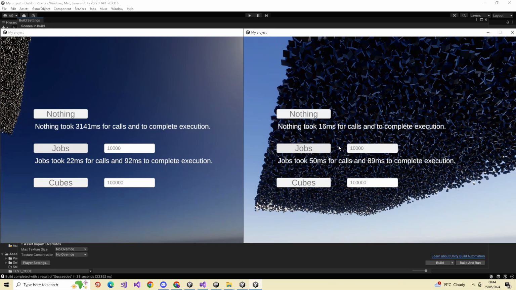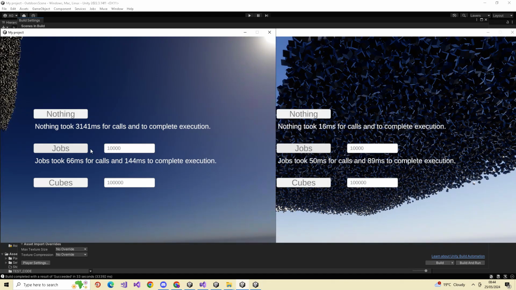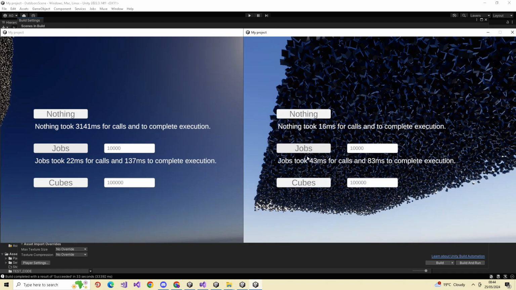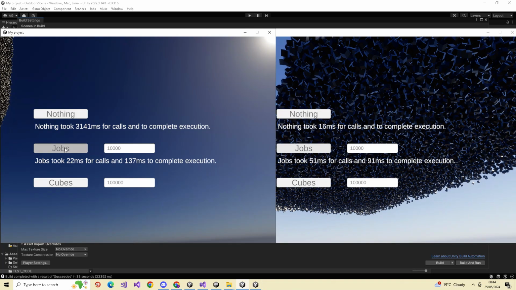IL2CPP calling burst. That would actually, look, do you know what is definitely different? Jobs took 50 milliseconds. There's a longer call. No, there isn't. No, I'm talking rubbish. I don't think you can say there's any difference. It's kind of like randomized. These sometimes have a lower call number.